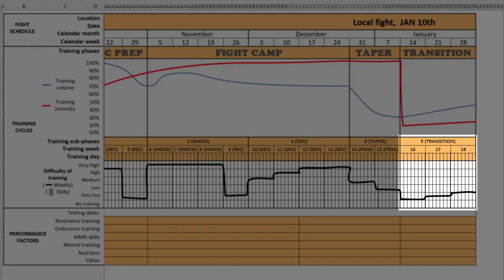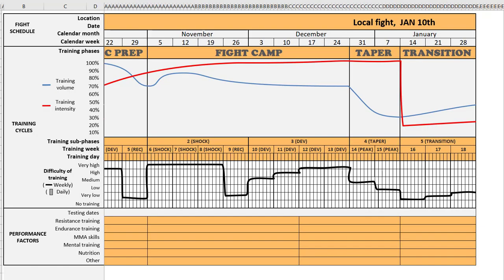Okay, so next is the transition. So after this, you want to assign the last 3 weeks of your fight plan to the transition subphase. Now, the black line below is the training difficulty line, which starts out very low and progressively increases to a medium level of training difficulty. This should look familiar as it relates to what we covered in Key Concept 3 when I showed you the different types of subphases. And again, I recommend that you pause the video now and label up the transition subphase in the training weeks and draw the training difficulty line as I've done, as I'm going to go on to the next section.